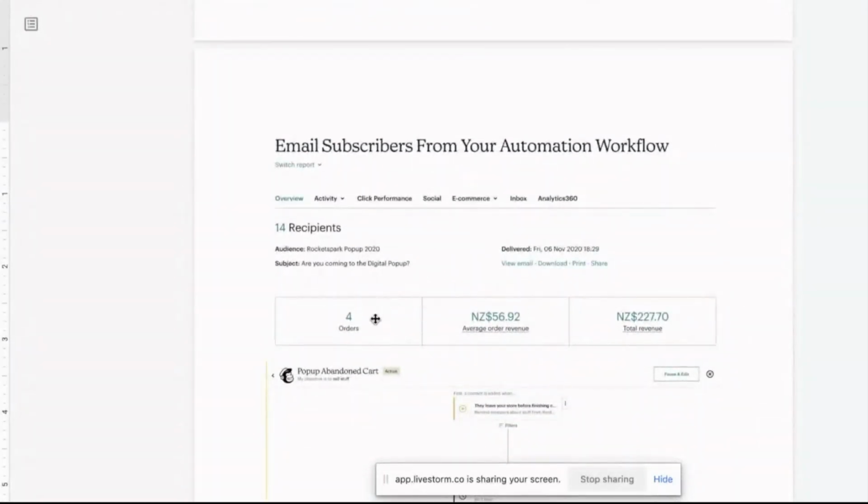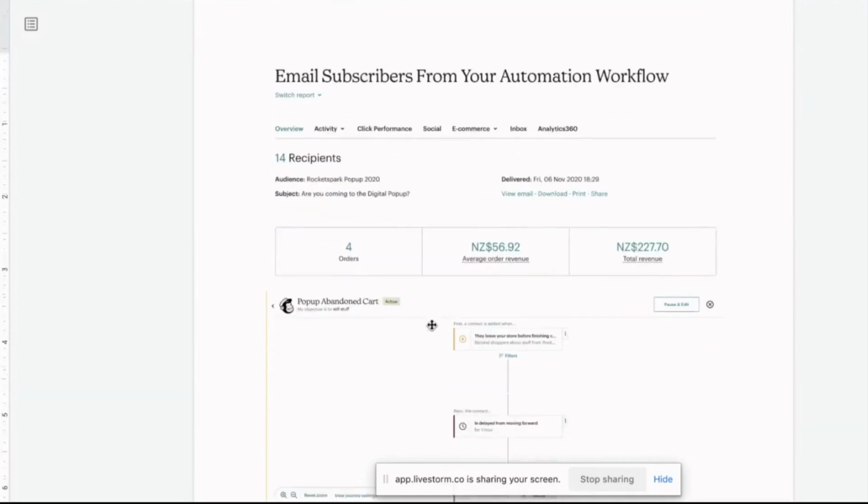Because we sent out this abandoned cart email, we had 4 orders come through from this. The average order was $56. So the total revenue we made from just setting up this one little workflow was $227.70. That already paid for upgrading to the higher plan anyway. So that was really cool to see.